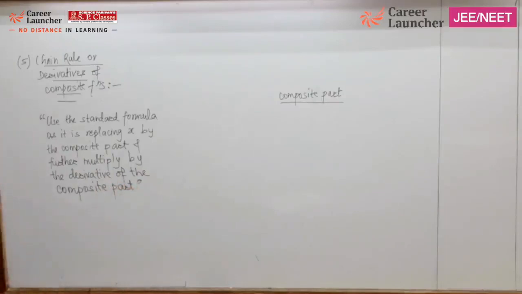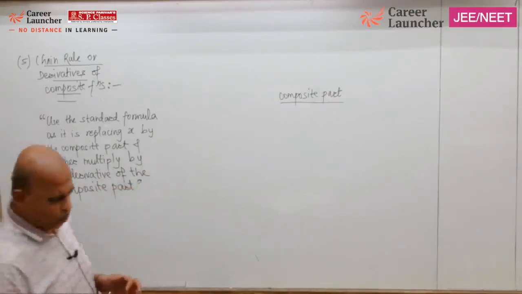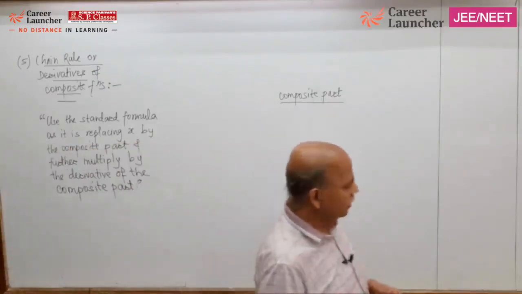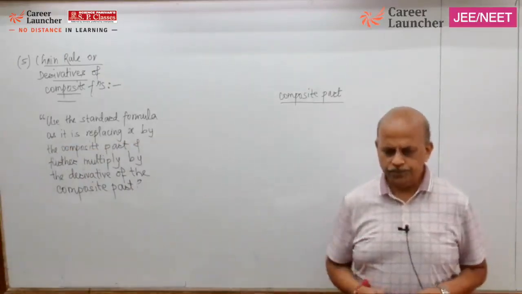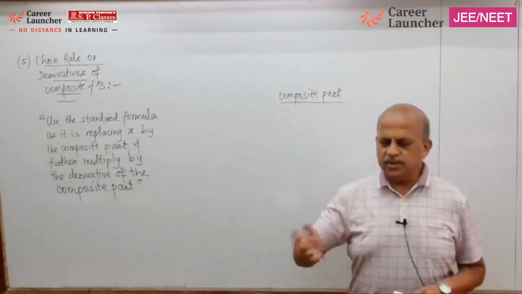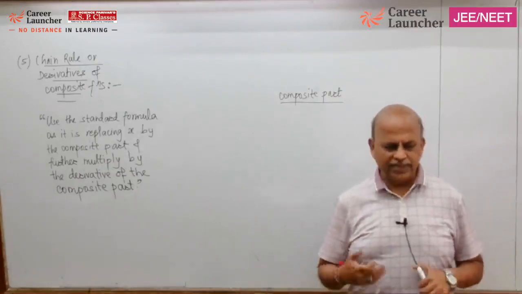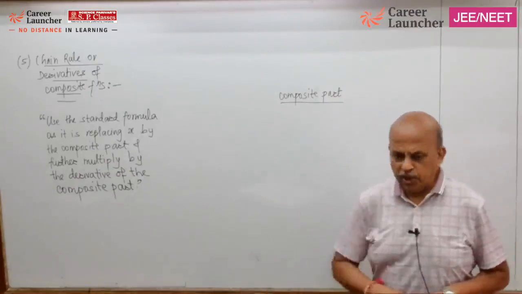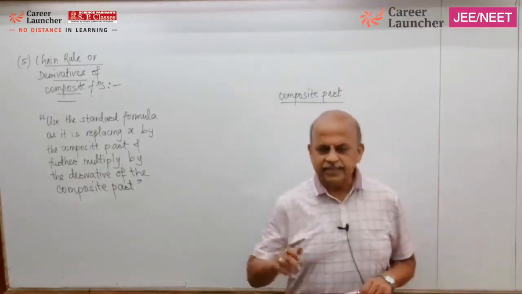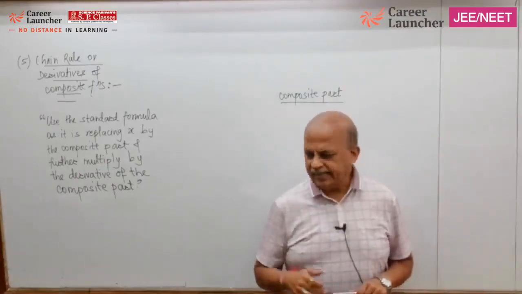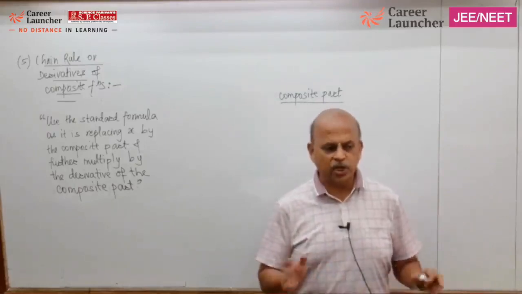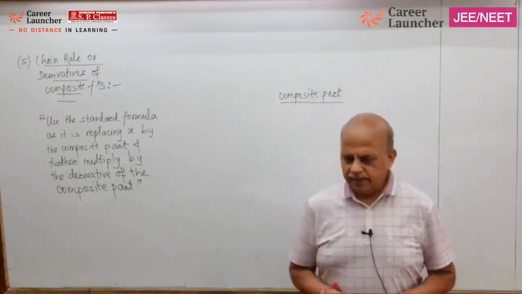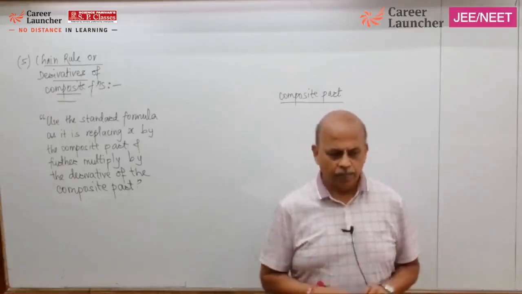Very simple rule. Try to understand the rule, and then we will solve so many examples based on this rule. Today both the sessions will be utilized for taking questions based on the composite rule. Next lecture when we meet, that time we'll be discussing all the important MCQs based on this type. See, we have decided that we will go type wise.